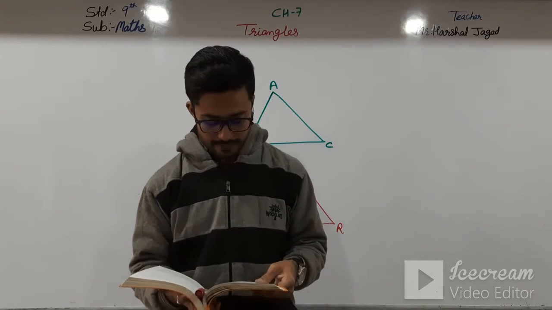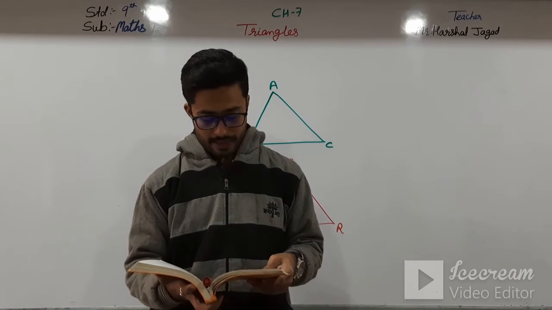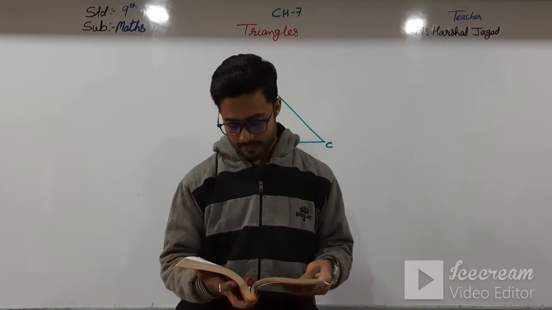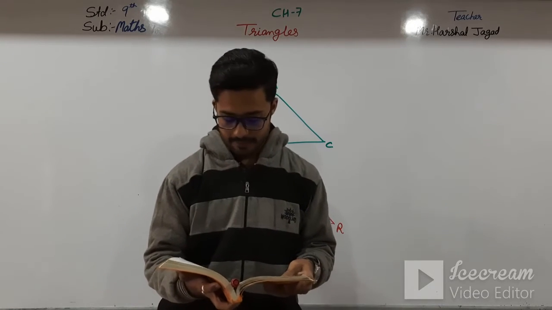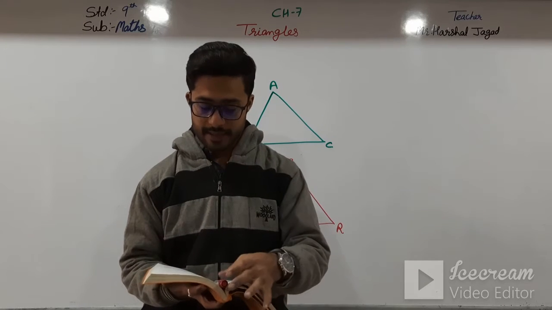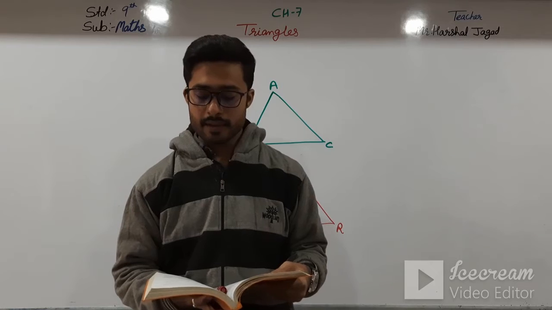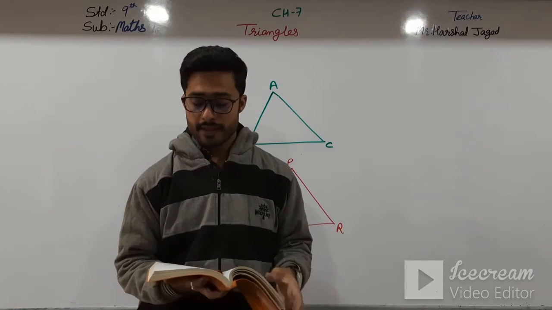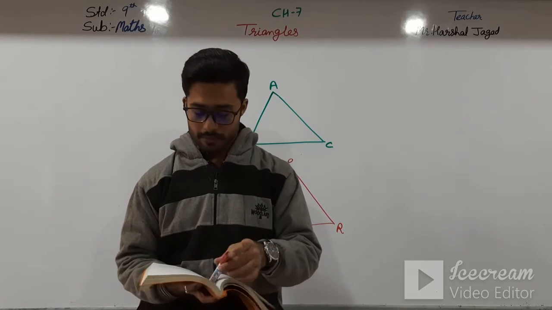Let us now discuss the congruence of two triangles. You already know that two triangles are congruent if the sides and the angles of the triangles are equal to the corresponding sides and angles of the other triangle. Now, which of the four triangles given below are congruent to triangle ABC in 7.4?